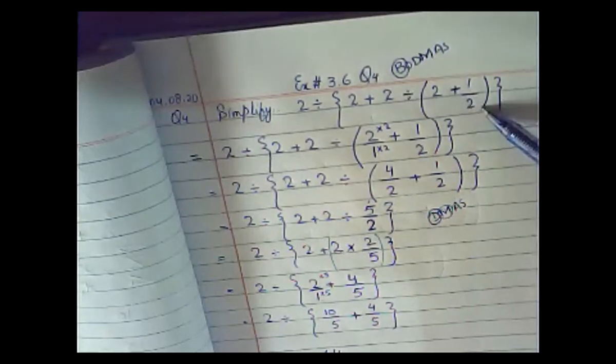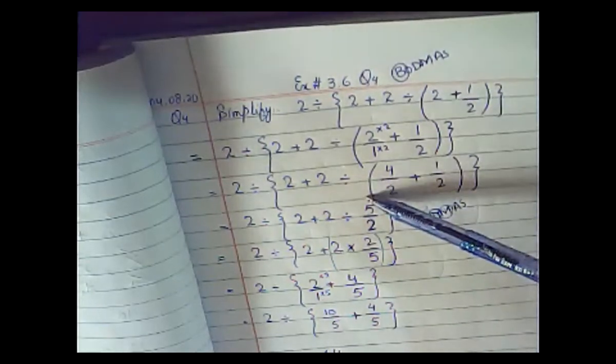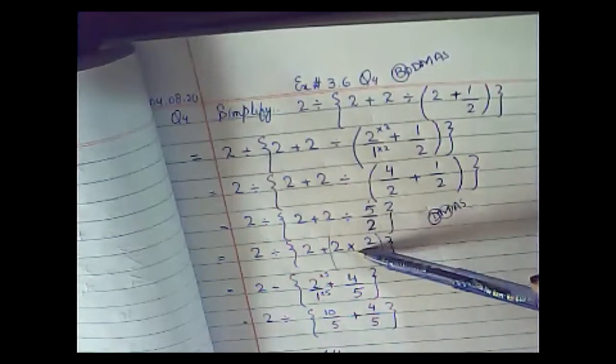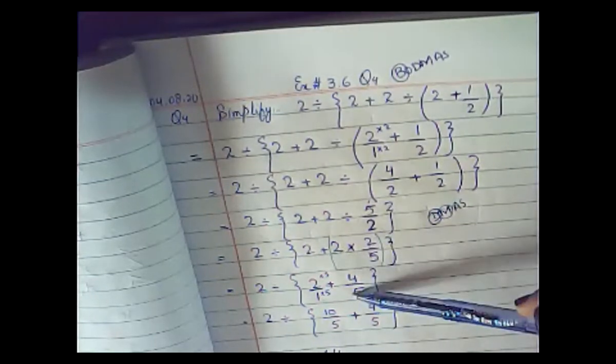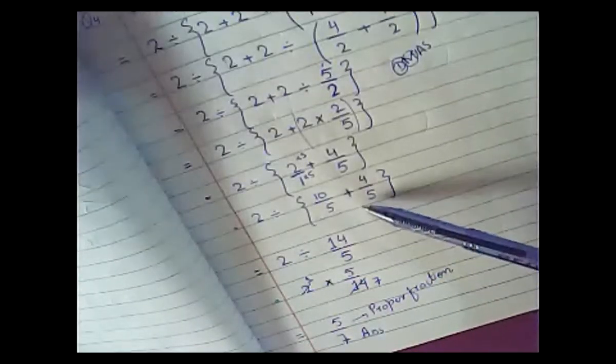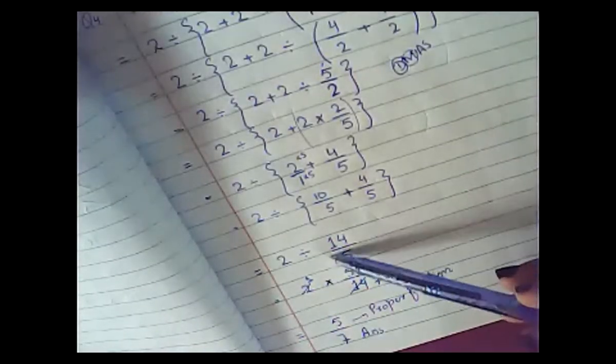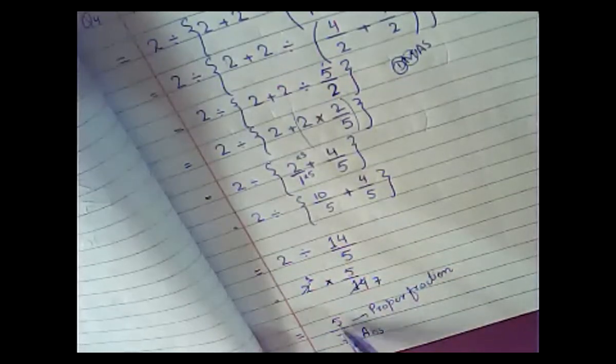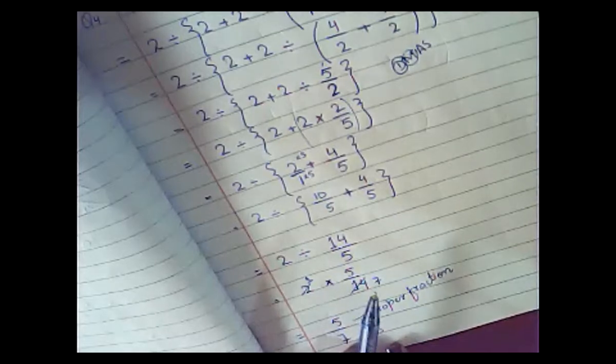Students, what you have to do, you have to solve the bracket first, then move on to the next step, and then you will solve the sign of division, then sign of multiplication, then make them like fractions, and after that you have to add the like fractions, and then simply after that you will get this simplified form and the answer will be 5 upon 7. Okay, so this is the way to solve question number 4 with number 7.